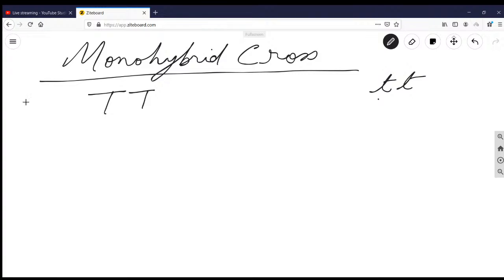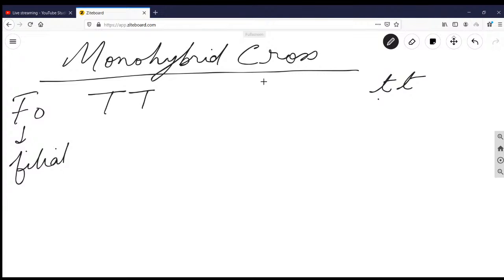Now this is known as the F0 generation, where F stands for filial. What do you mean by filial? Filial means son. Mendel called it filial, referring to the progeny that you are going to get. Son or daughter, both you can call filial, the offspring or progeny in simple terms.